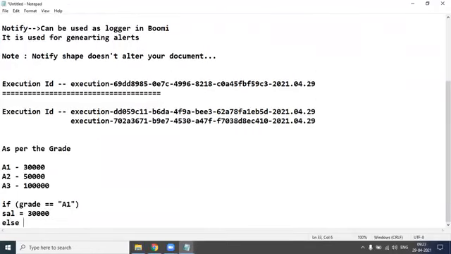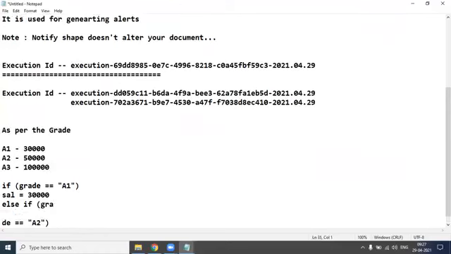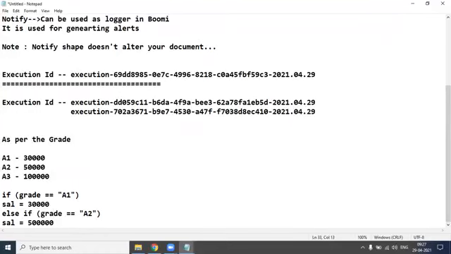Otherwise, else if grade equal to A2, then sal is equal to 50,000. And likewise you will keep on adding if else if conditions. But if you have 20 grades, you have to add 20 if else conditions. And the worst part is, whenever any salary changes pertaining to a grade, you have to come and modify your code,